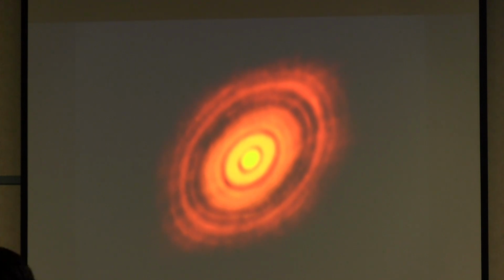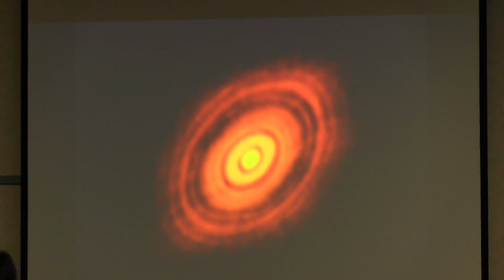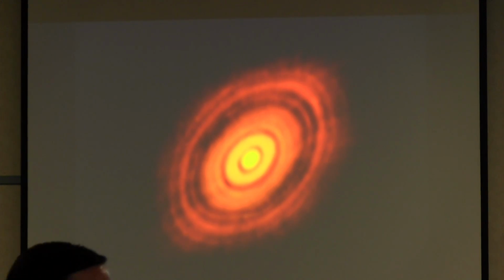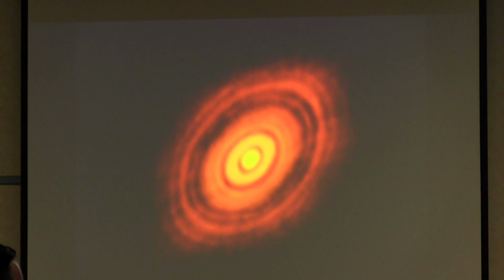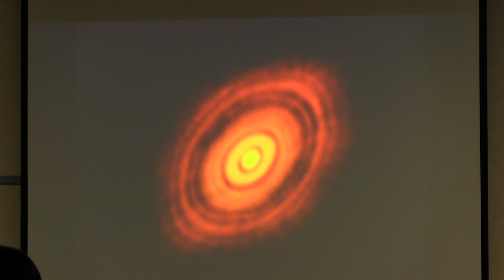All right, now that doesn't mean that there's a planet in every one of those gaps, but it does mean that there is gravity of a planet creating that void. There needs to be some sort of gravitational disturbance. Now, it could be that there's a planet out here and there's a resonance between here and here creating this gap in here, or there could actually be a planet in there creating that gap. We are not sure, we cannot tell from these observations, but we are seeing the process of planetary formation